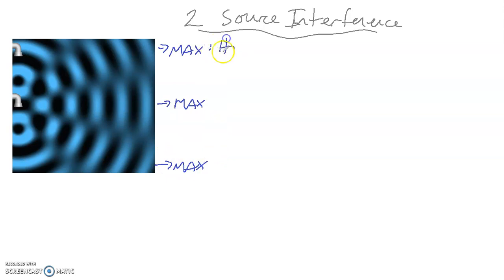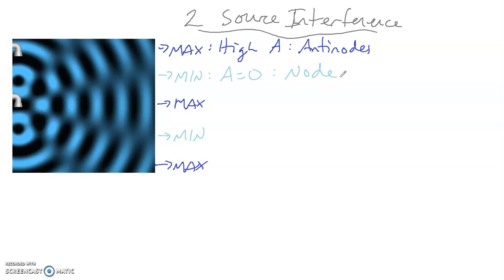So this is where we have a really, really high amplitude. And these are often called antinodes. So where you have maximum amplitude, that's called an antinode, and I got 3 labeled on here. And right in between, like right here, that's a minimum. Same as right there, we have a minimum. And here, the amplitude is technically equal to 0. There's no waves, and this is often what's called a node. So you get a series of maximums and minimums, a series of nodes and antinodes from the two sources that's